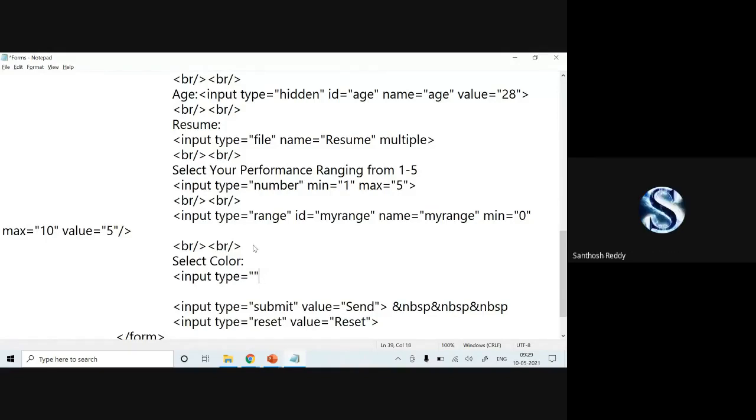The same way, if you want to make use of a color box, for the type attribute we have to use a value called color. Then we specify a default value, some color, and it is self-closing.